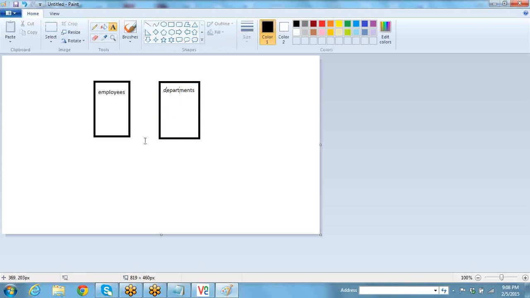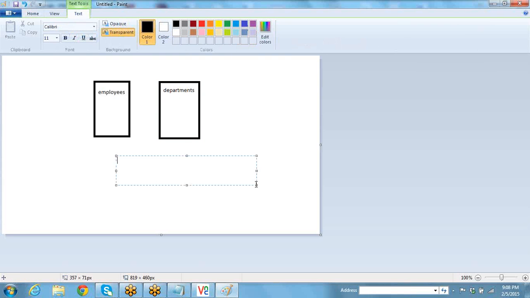If I try to join these two tables, what does left outer join do? What left outer join does is it will retrieve all the rows in employees table